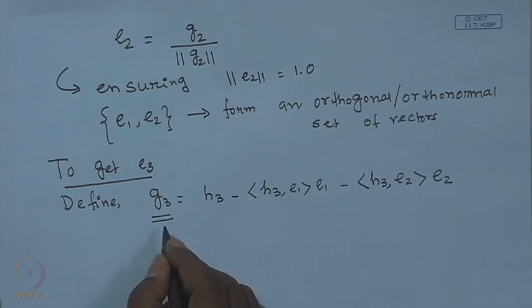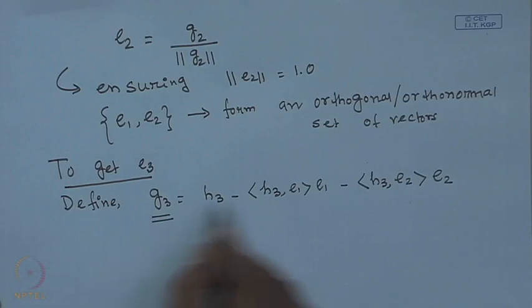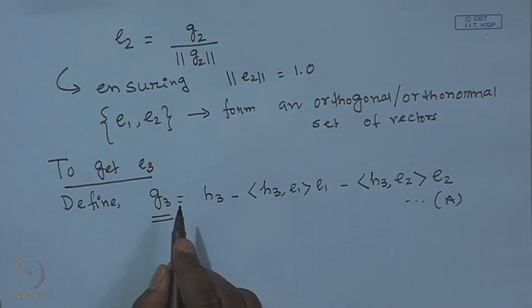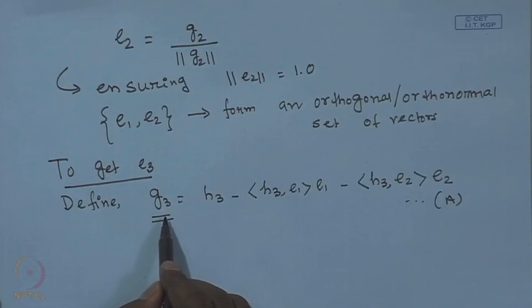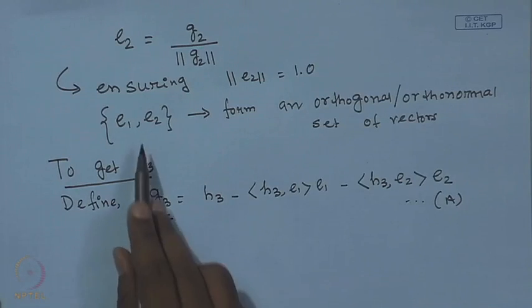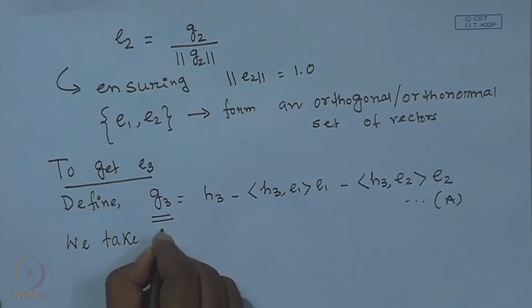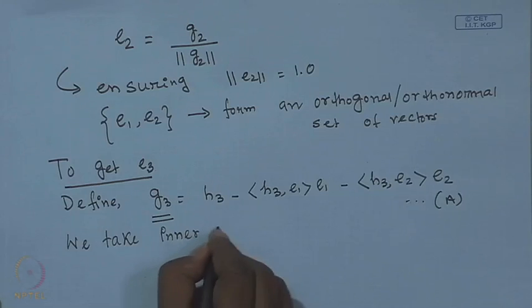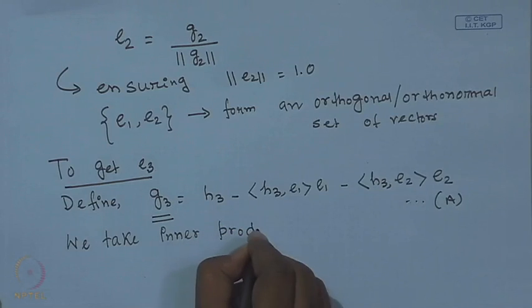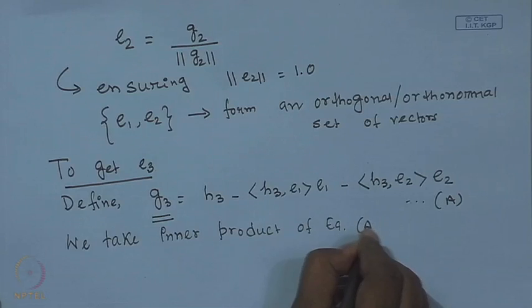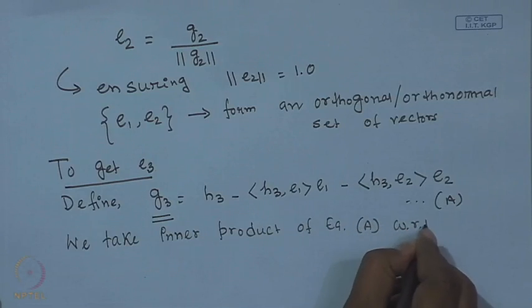In order to prove that, we have to take the inner product of this whole equation, let us say equation number A, with respect to E2. If that inner product turns out to be 0, then we can come to a conclusion that G3 is orthogonal to E2. So, we take the inner product of equation A with respect to